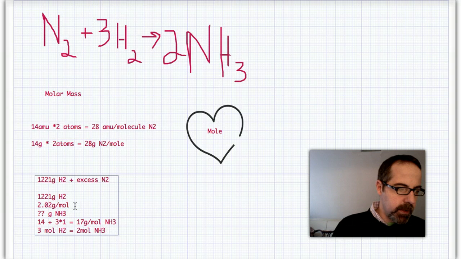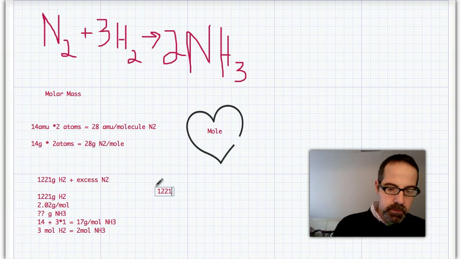All right, so the first step would be to change the grams of hydrogen into moles using the molar mass of hydrogen. Okay, so what we want to do is take, and you can do this in individual steps or you can do this all in one big step. It's up to you. Grams hydrogen, and then we're going to multiply this by